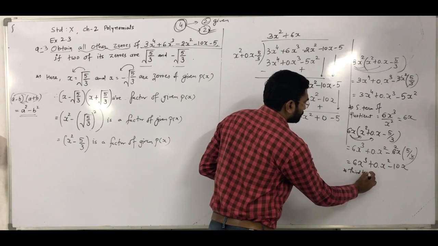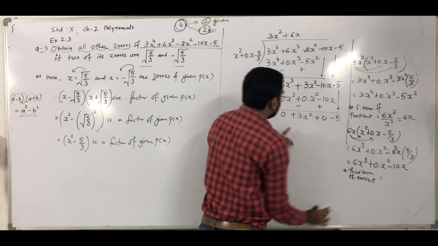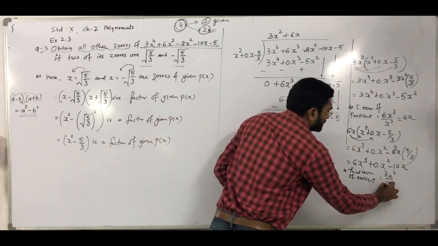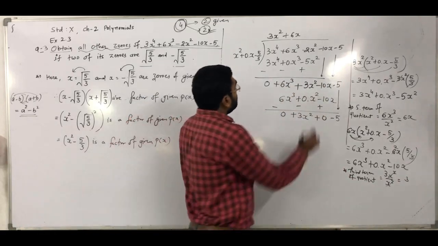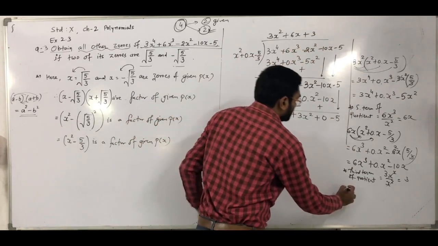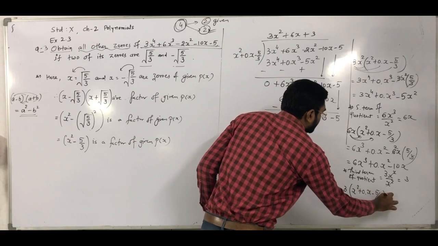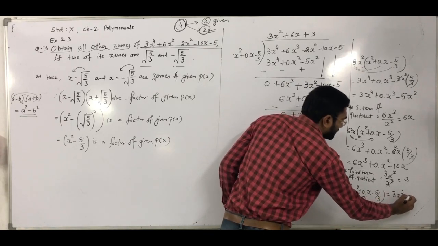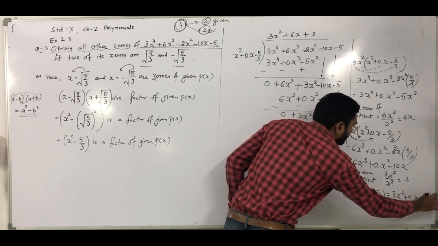For that, whatever the new polynomial first term, 3x square, we have to divide by the divisor polynomial first term, which is x square. So x square cancels out, we get the 3 only. Now that plus 3 we have to put here as the third term of the question, and that 3 is multiplied with all terms of the divisor polynomial, x square plus 0 into x minus 5 by 3. If it is multiplied inside, the first term we get is 3x square, here 3 into 0x means we get 0 into x, and 3 into minus 5 by 3 means minus 3 in bracket 5 by 3.